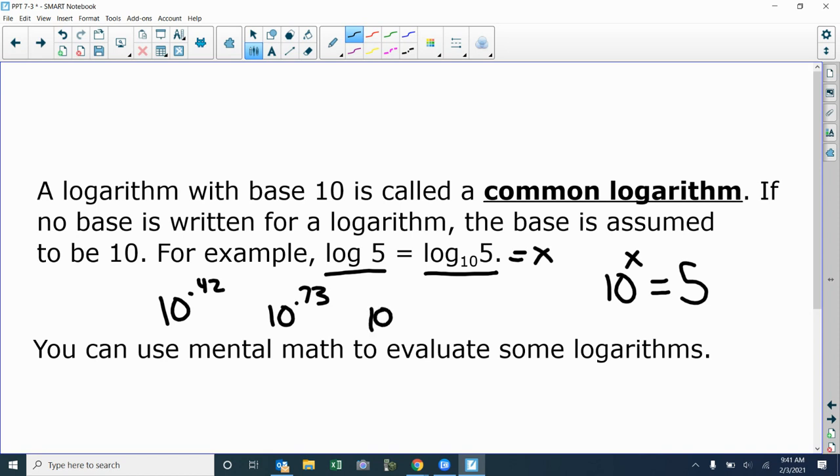So 10 to the 0.68. No, I went too low. So it's somewhere in there. Okay. All right. Does it make sense what we're doing here? Okay. Now,